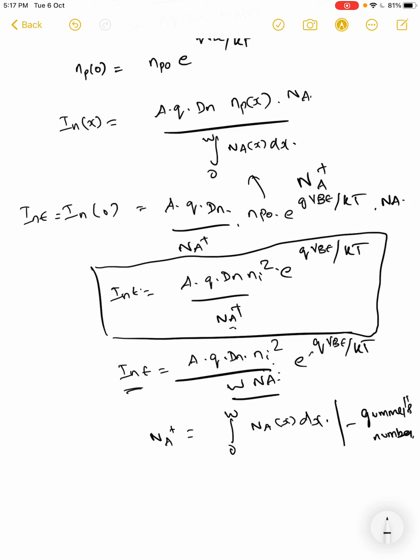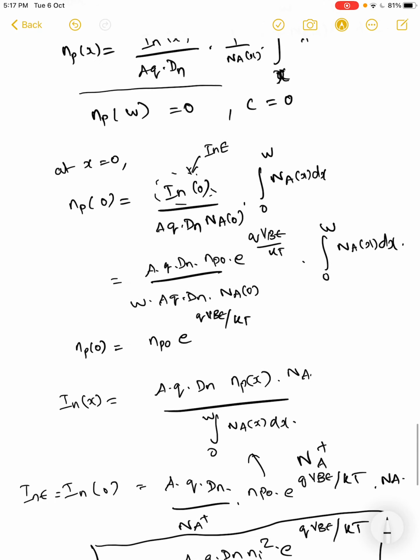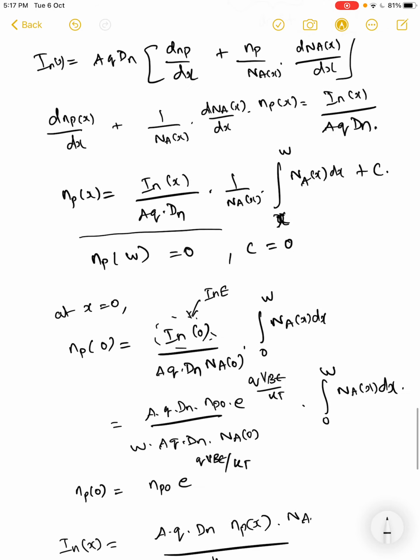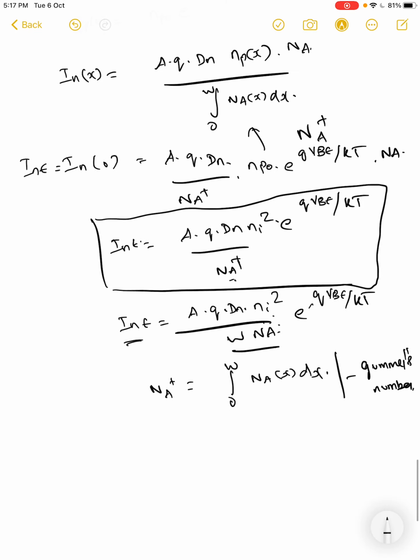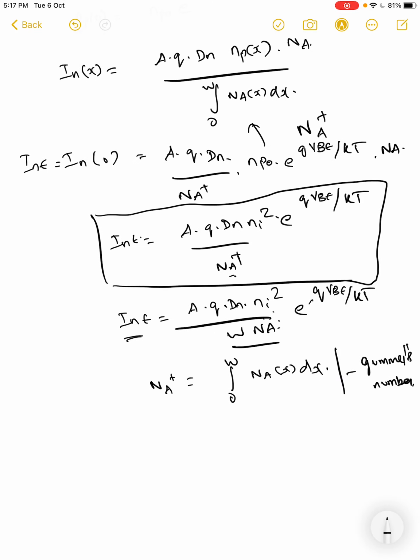And you can see that only this integral actually determines the emitter current and does not change the form of this distribution. Whether you have a gradient or a flat doping density really does not change the emitter injection, but it changes the total current by adding a drift component, right? So basically it can enhance the collector current but does not change the emitter current. The emitter current depends only on the net density of hole doping in the base region, right?